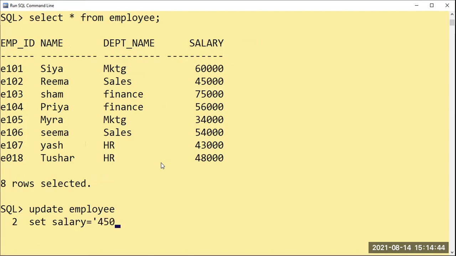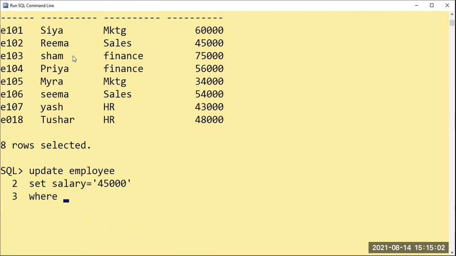One more idea, one more query I have in my mind. I'll discuss that also, very easy. Set salary, sorry, where condition is to be applied. 45,000 has to be put; that also matters here. Now suppose only one Yash is there. If I say where name equal to Yash, what will happen? Currently there is a single Yash. If you have two Yash, it will go on changing the salary for every Yash with the value we have given.